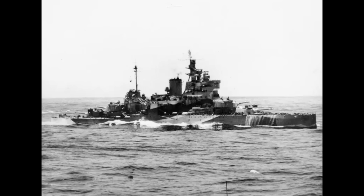And as for long-range fire, although they were issued to the ships to be able to use them at long range, there doesn't appear to be any significant evidence of them actually using them. Which, I mean, okay, it's not as though Malaya, Barham, Repulse and the R's got into all that many gunfights, but there are one or two instances where perhaps using the superchargers could have been useful,